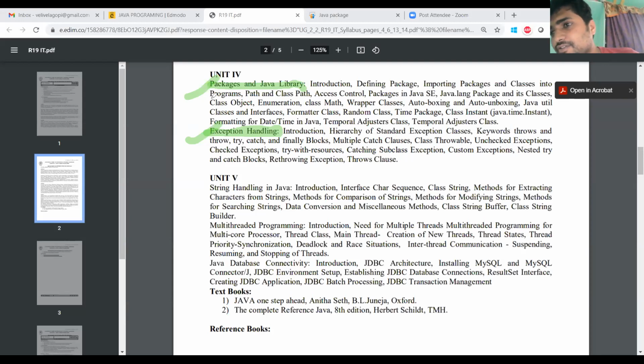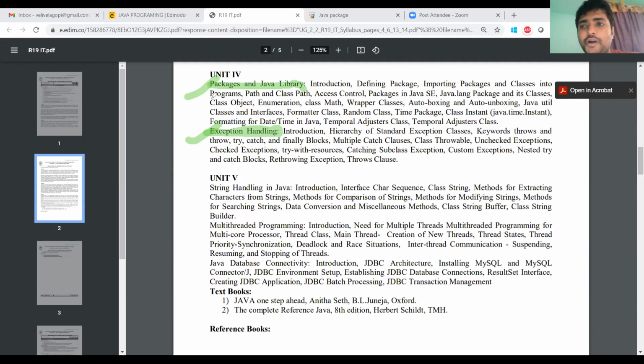Up to now we have seen these two packages, util and lang. In previous versions we used import java.io.*, which means input and output, like #include stdio.h. So like that we have so many packages.